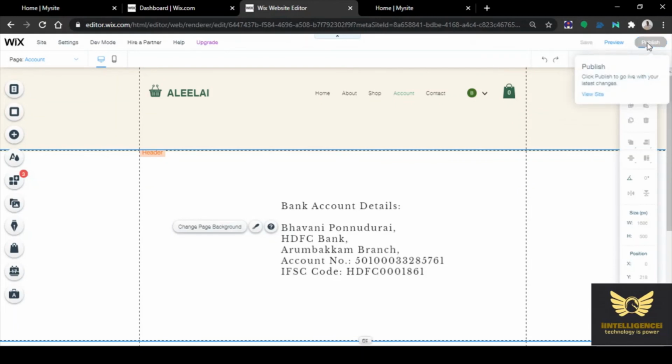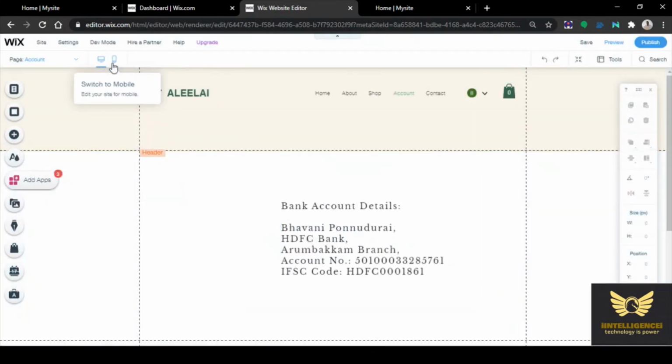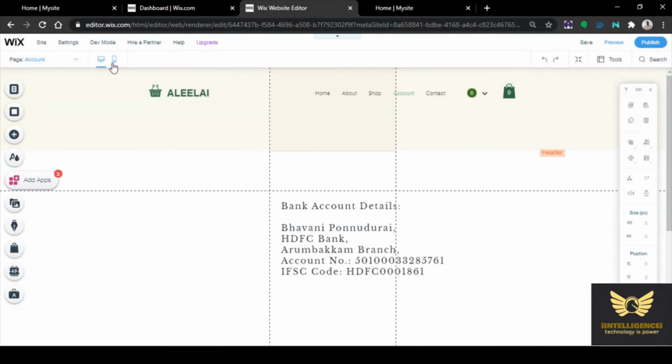So click publish. If you have made any even small minor changes, click done.